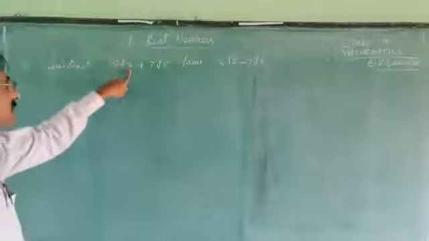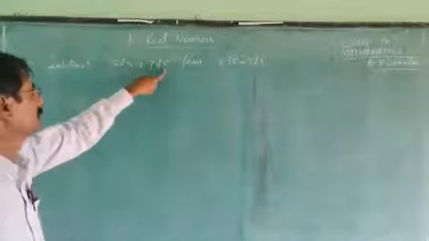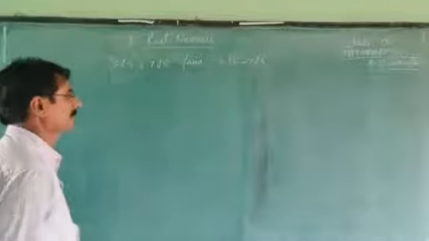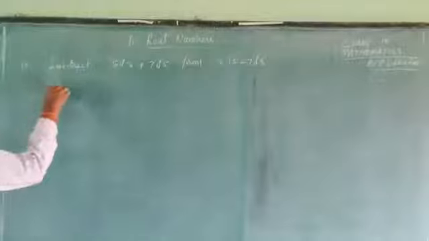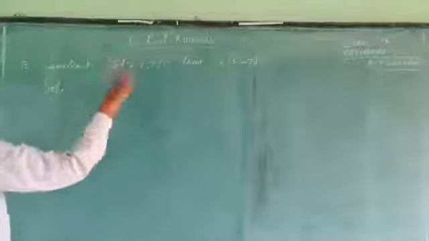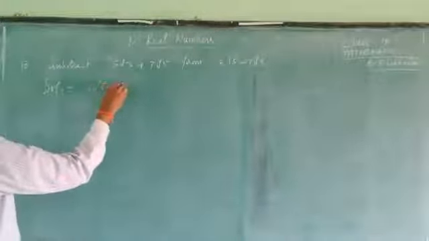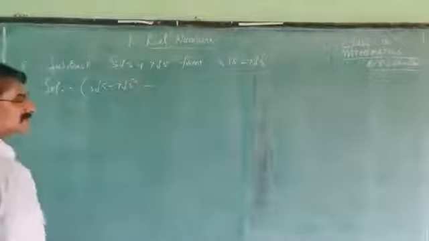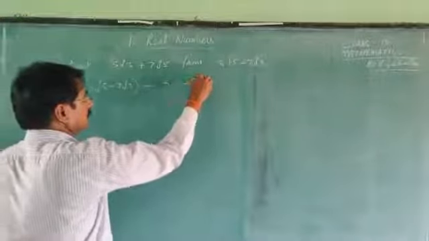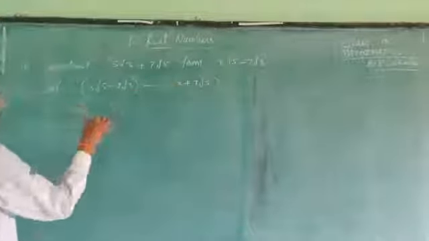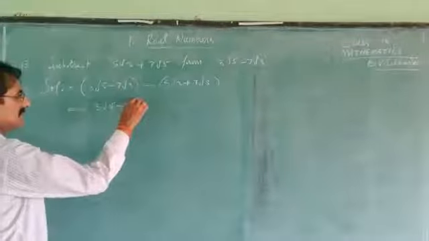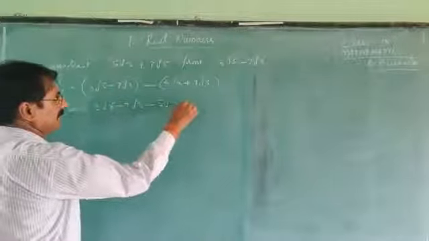Is this the product of a rational and irrational? These two are irrational, and the sum of two irrationals here is also irrational. Here it is different. It is a subtract from that, so take the first one: 3 root 5 minus 7 root 3. Minus, we use the minus symbol for subtraction: 5 root 3 plus 7 root 5. In brackets: 3 root 5 minus 7 root 3 minus 5 root 3 minus 7 root 5.